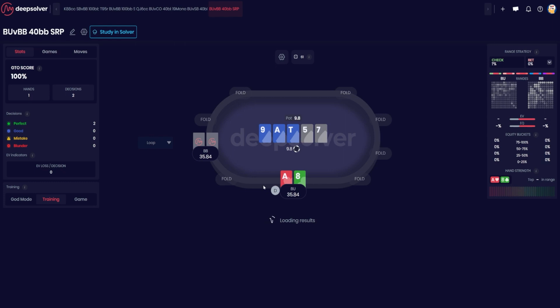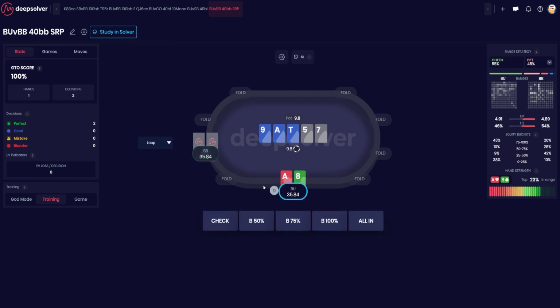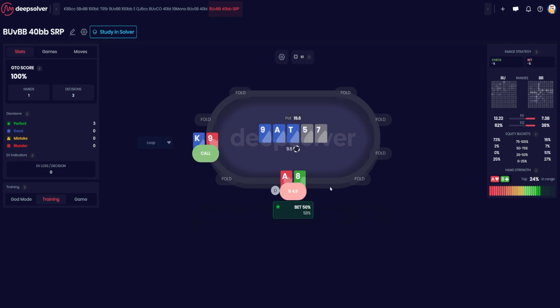This is what I like to think about before we actually get a river. This river doesn't really change too much. Some two pairs might improve, some straights might get there. And we want to go for value with top pair sometimes, but we're afraid of getting raised. So this hand is probably going half pot most of the time. Could even see it going for a check.